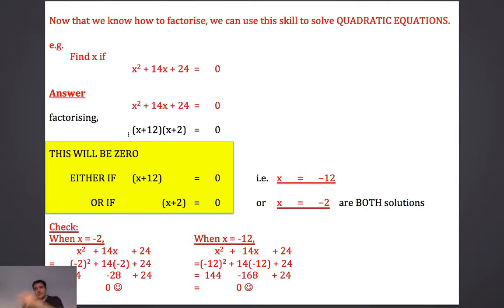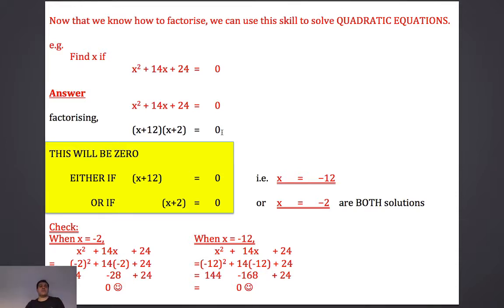1,584,386 times 0 is 0. 0 times 1.84 is 0. Anything multiplied by 0 will give you 0. So what we've got here are two brackets multiplied together that have to be equal to 0. So the whole thing will come out to be 0 if either of those brackets that we're multiplying together is